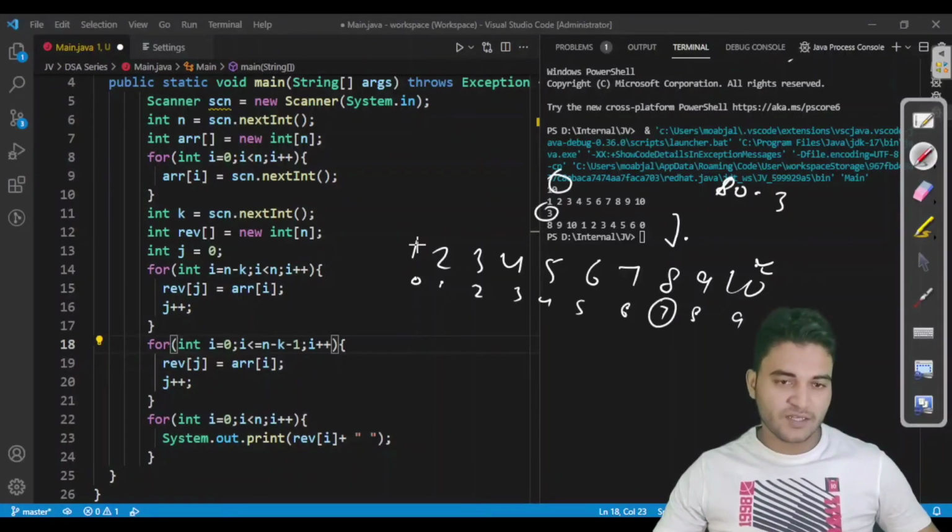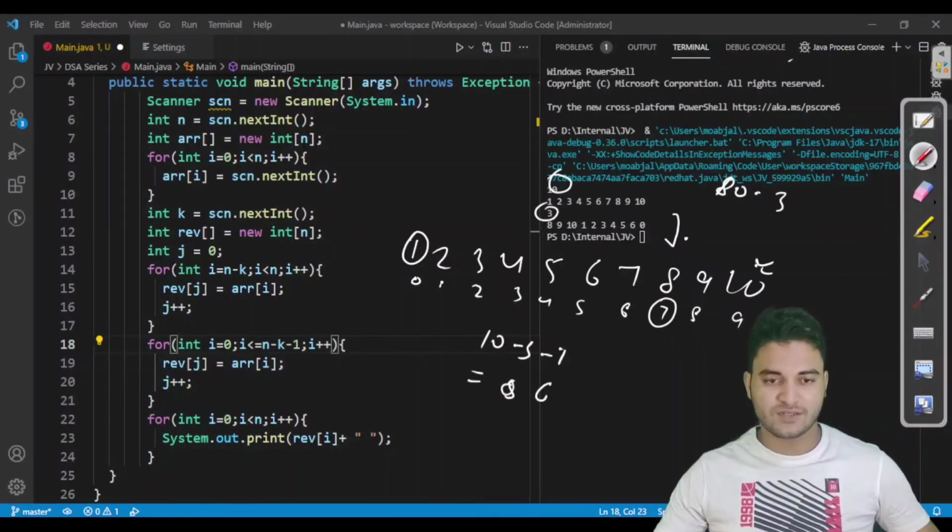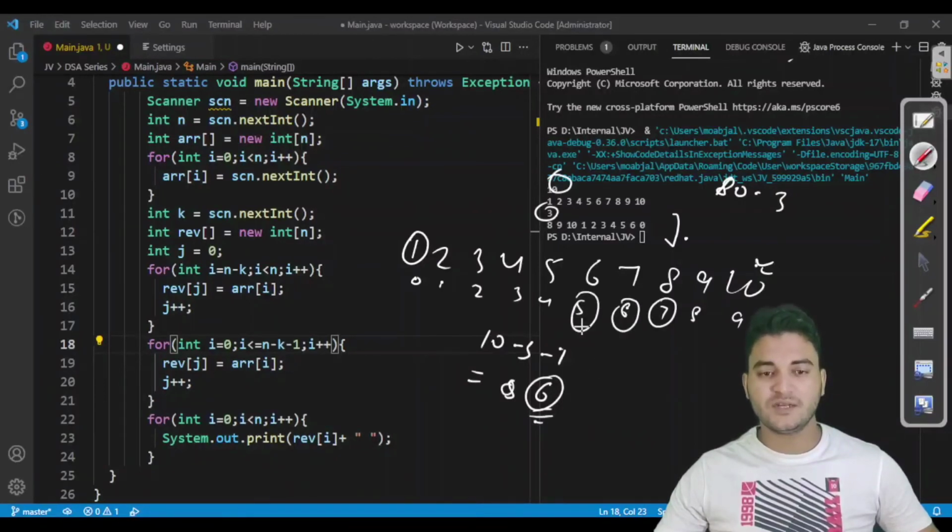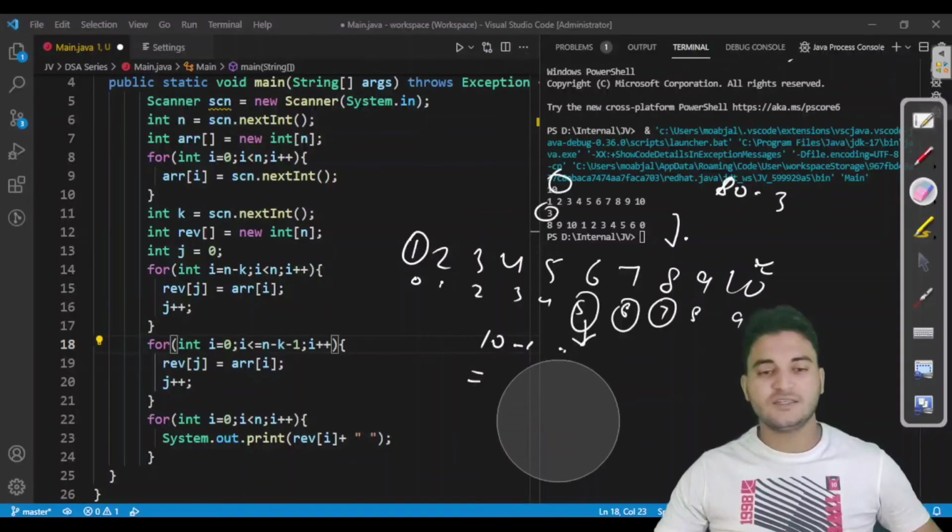And in the second loop we are starting from 0 and move till n minus k minus 1, which is 10 minus 3 minus 1, which is nothing but 5. No, 6. Fine. Is it really 6? 10 minus... yes, it is 6. So previously we were going till 5 because we were iterating i less than 6. But here we have to check i less than or equal to 6, because we have to go till here. Previously we were going till here only. So I hope you understand the mistake.